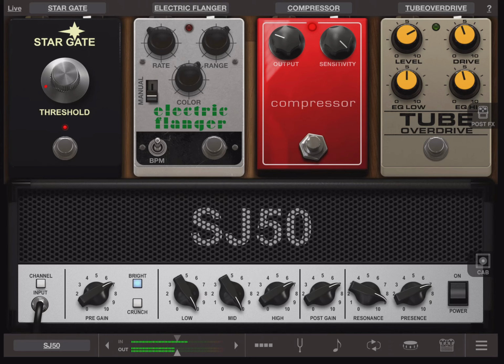Yeah, here's where a lot of the mistake is made. The reason people don't like digital amplifiers is because the compression isn't the same. So grab a compressor. First, put yourself a gate in there. That way you're not getting feedback. I've got it turned down so low it won't feedback. I was going to try to force it to, but